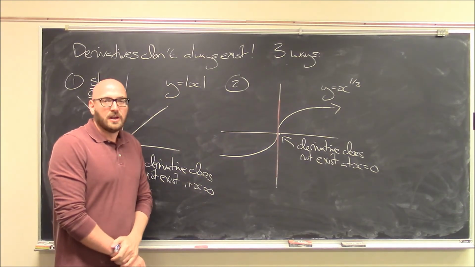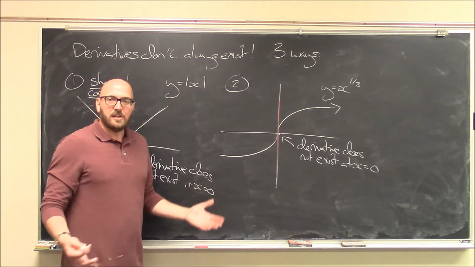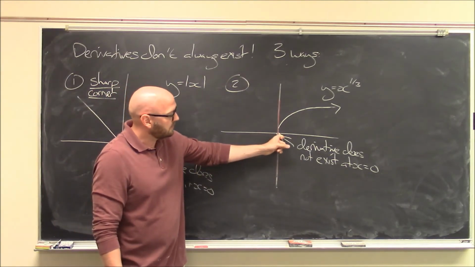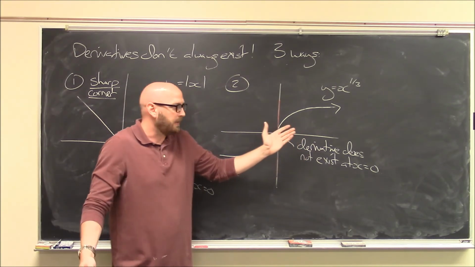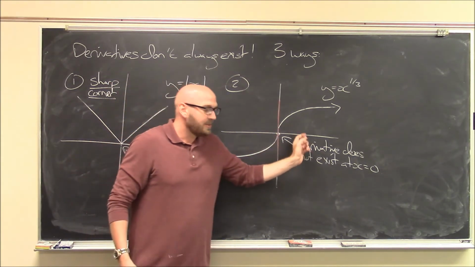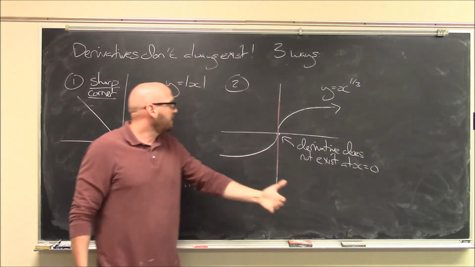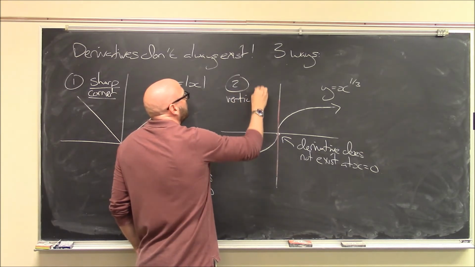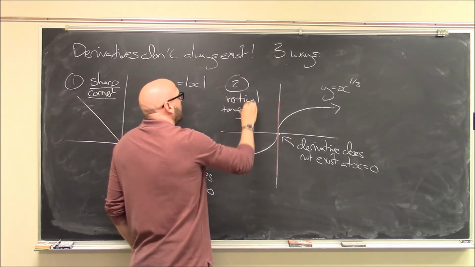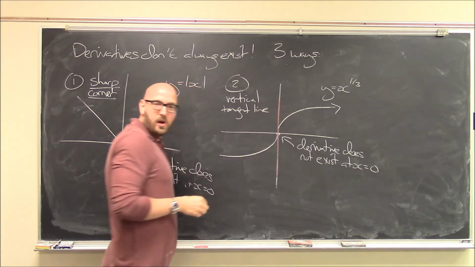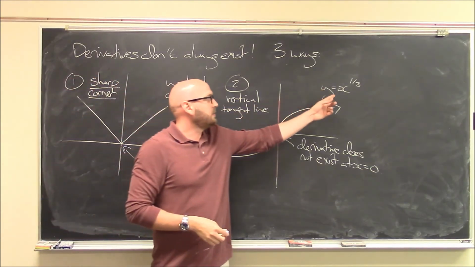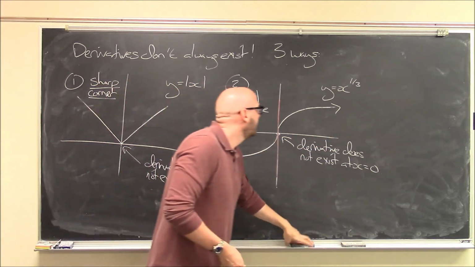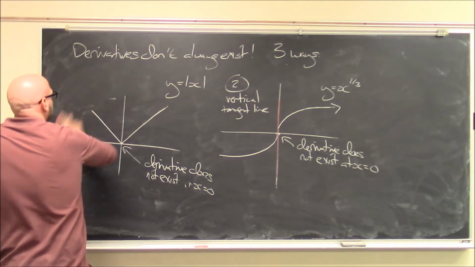What's the slope of a vertical line? Well, infinity, but infinity is not a number, so the slope of a vertical line is undefined, which means the slope of this function, the rate of change right here at 0, it's undefined. And if the slope is undefined, that means the derivative can't exist, because the derivative tells us the slope. So this would be an example of something like a vertical tangent line. Again, in practice, it doesn't happen all that often, but as you've seen, just this very simple function, y equals the cube root of x, demonstrates this behavior. So it can happen. And number 3,